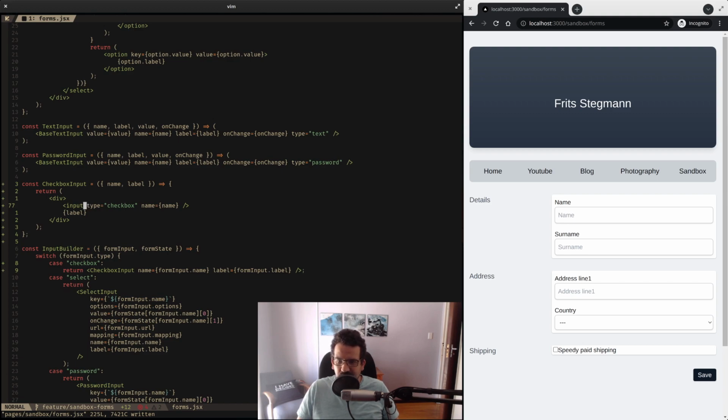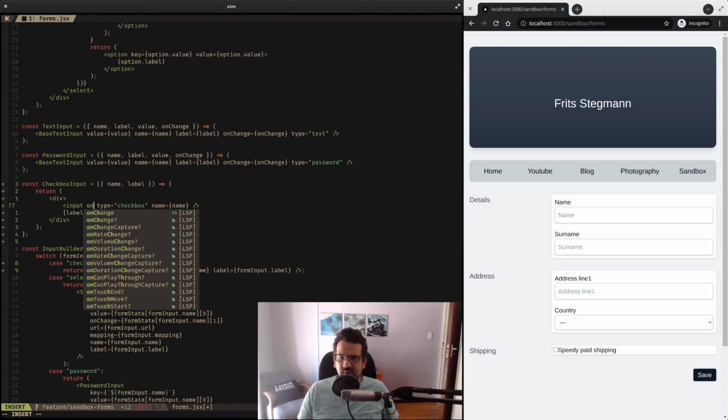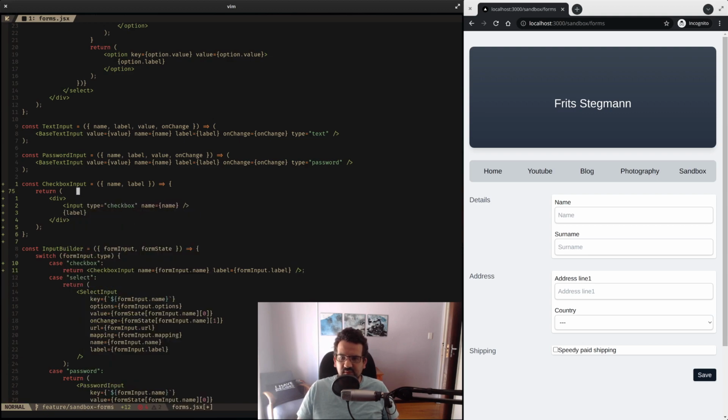And if I remember correctly, what we need to do here is say that on change, okay, I think we first need to have an on change handler over here, and then say on change equals on change. Okay, so now we've got the on change there. What we need to do now is also add the on change